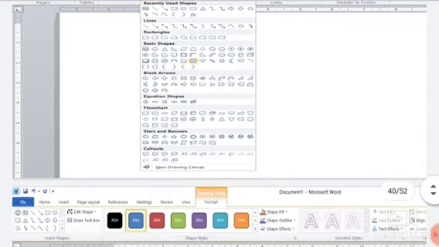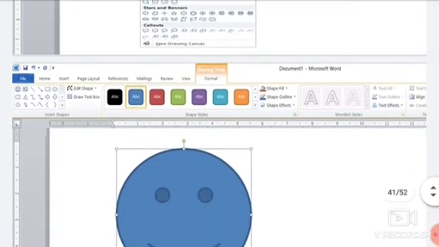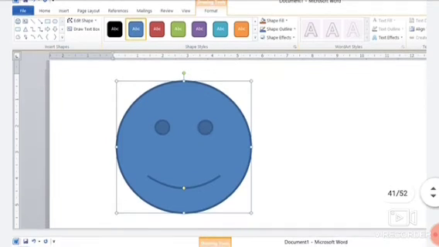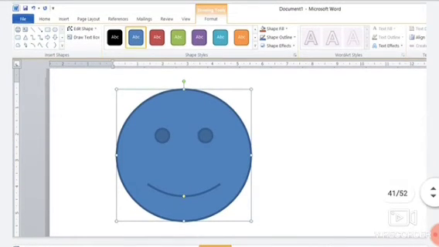document. Click on it, then drag your mouse to the size you want to insert the shape. The more you drag, the bigger the shape that is inserted in your document.